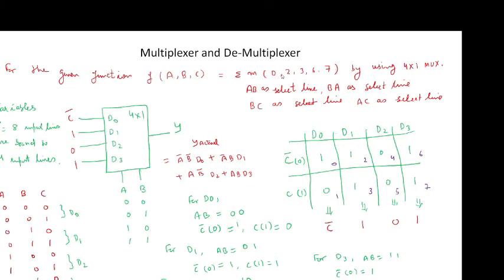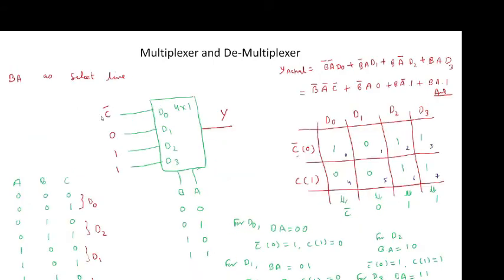That means 1, 4 and 5 are absent. For these values I will write 0. So for C equal to 1, it lies on line 1 and 1 is absent there, so I will write 0.